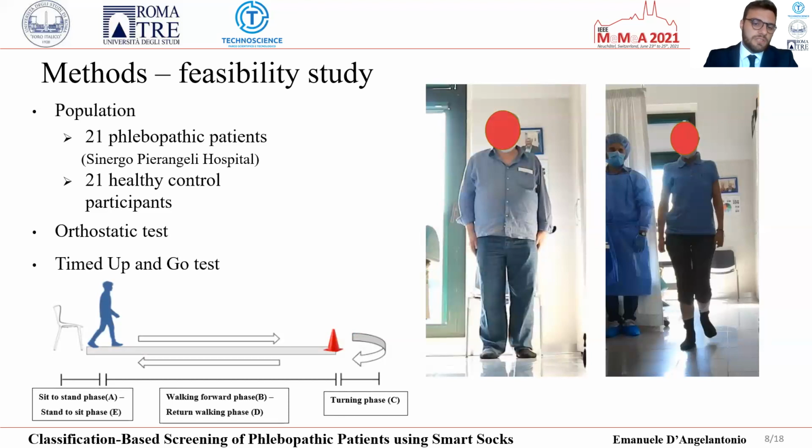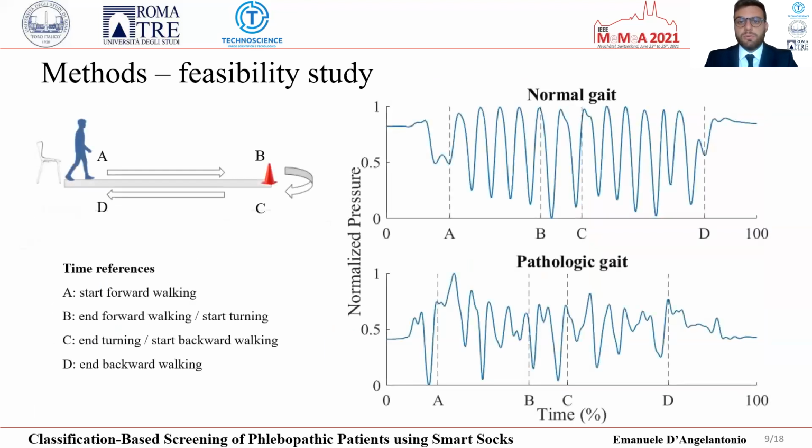To have an idea of the data acquired from the two populations, and in order to make a first qualitative comparison between a healthy and pathological trace, the graph represents the normalized pressure signals coming from two subjects of our population. The one above is that of a healthy subject with a normal gait, while the one below represents a pathologic gait. It is possible to observe qualitatively the differences of the traces, with the normal gait much more regular than the one below.